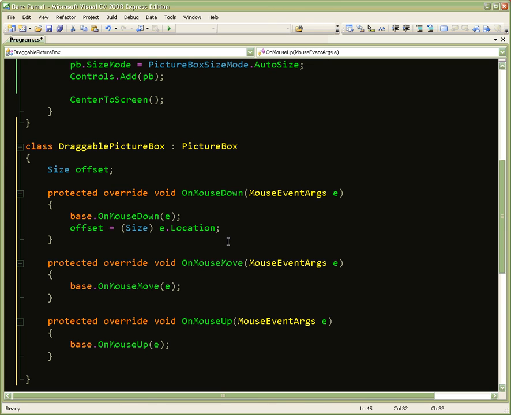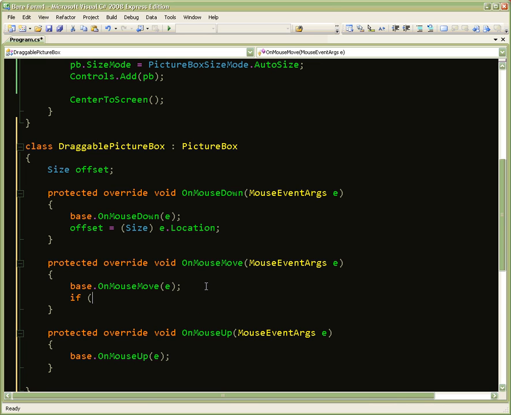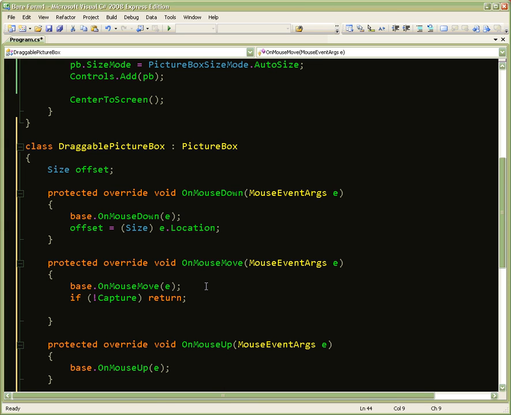So all we really need to check in our move is if we're not capturing, that means we're not interested in this mouse move event. We're only interested in the events that happen in between a mouse down and a mouse up. In those events in between mouse down and mouse up, we'll have capture set to true. So we ignore anything if we're not capturing. If we are capturing,